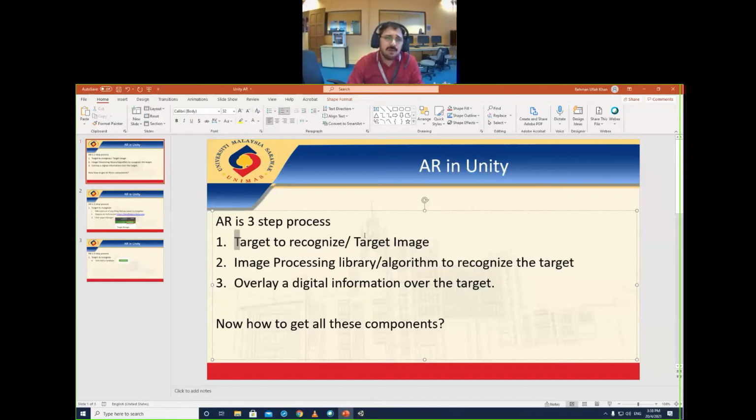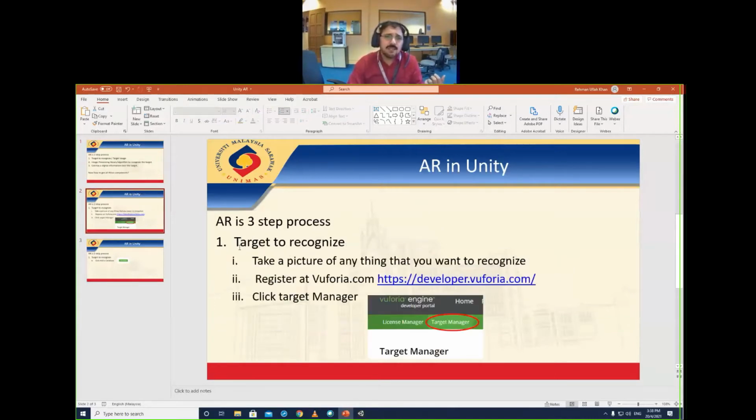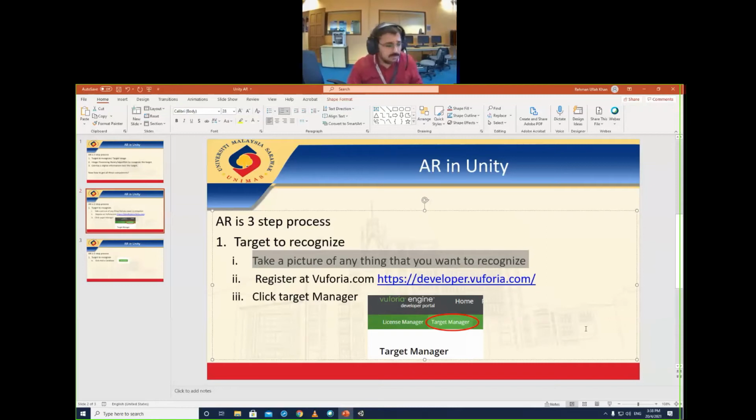Now let's start from the first component. If we have a target image, what will we have to do? A target image, you can take a picture of anything that you want to recognize. I just took a picture of this human heart picture, and then I upload it to the system.